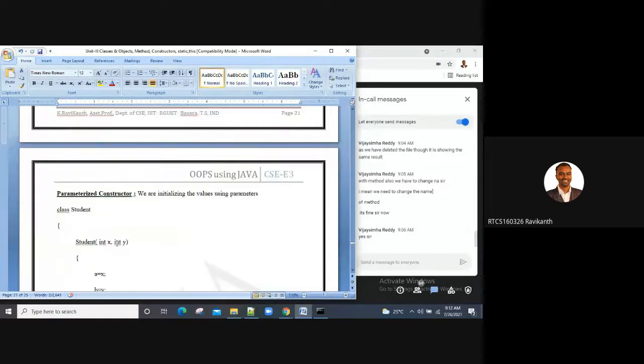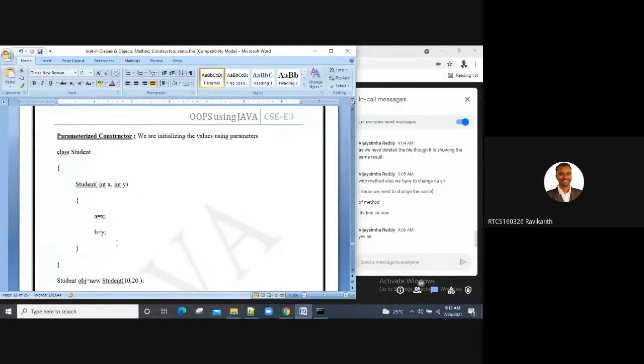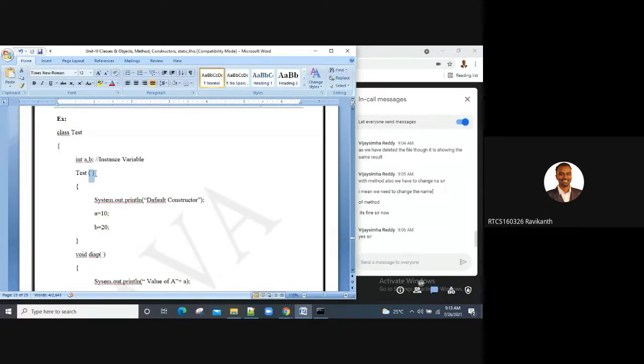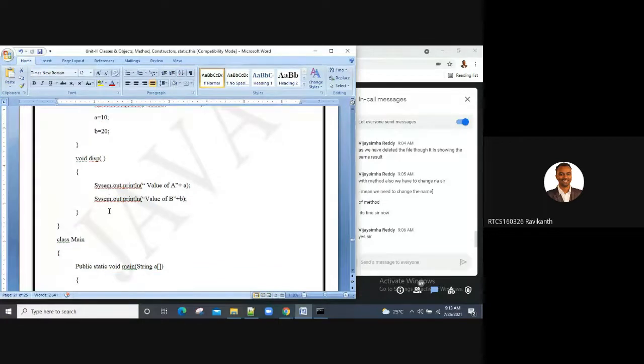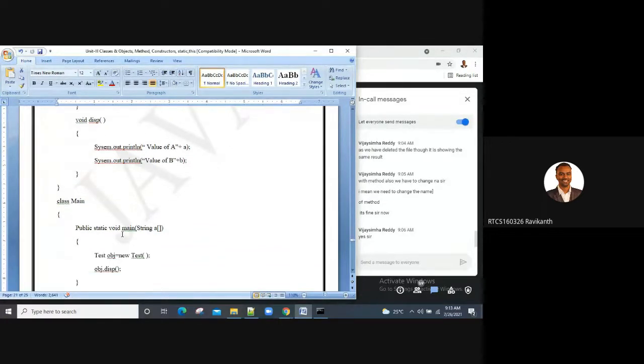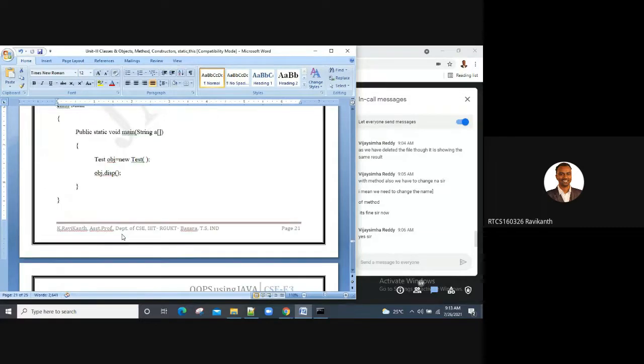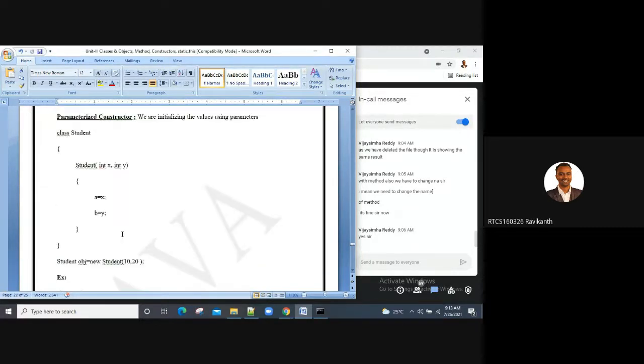Then coming to your parameterized constructor, here you're passing some parameters. Here you don't have any parameters, so it's a default constructor. There's no worry about it, everything will get executed perfectly. I have already executed it and written all this in the document. Then with the parameterized constructor, you're passing some parameters.